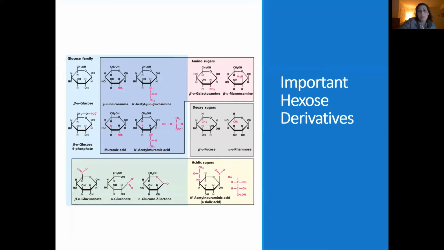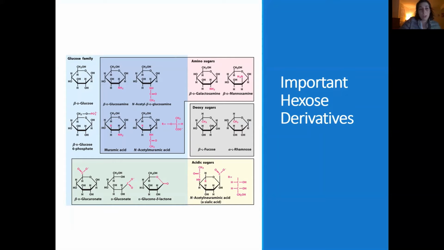Now, there are some derivatives of hexoses that exist. And these are just where we have added on some type of functional group after the cyclization of the ring. So the normal carbohydrate, the normal sugar has formed its ring, and then a functional group derivation has then been added on, usually onto one of the OH groups, the chiral OH groups that